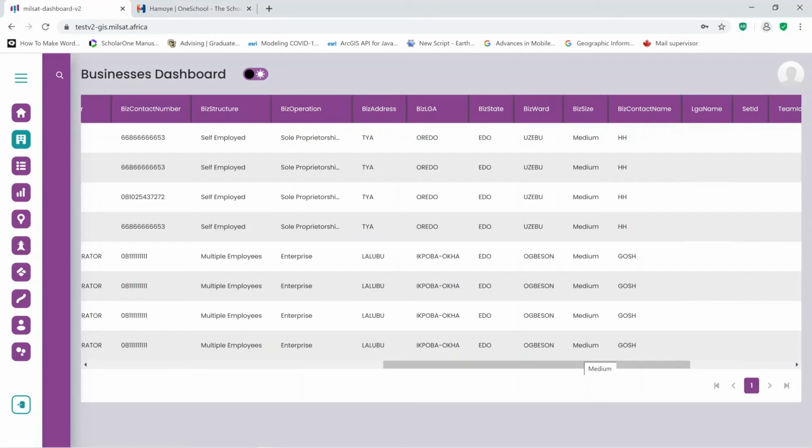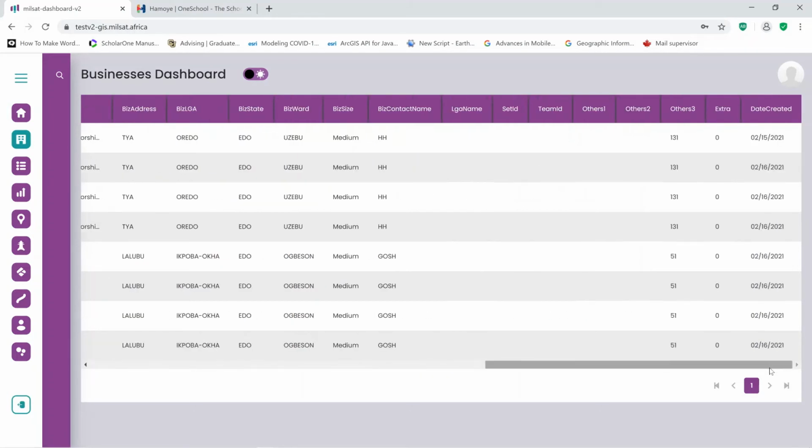Now, for example, the date of capture, the date created, could vary in different parts of the table. What this allows you to do is change the dates of capture if you have hundreds of dates, and you can also use a filter for that, but this is an even easier option for you. Just change and then get the latest of the dates on the data for the screen. That is just a simple